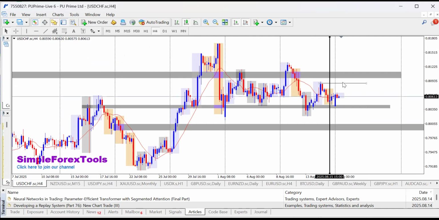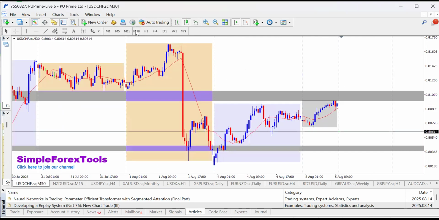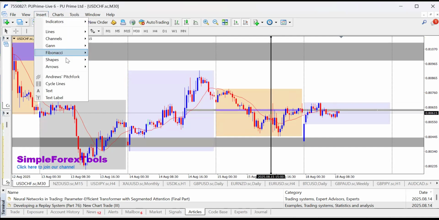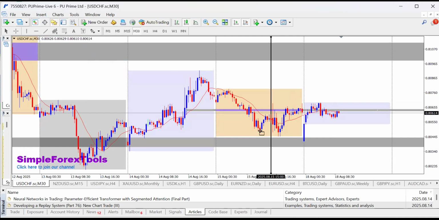Although the market rejected this level, right? Market rejected this zone and closed below it. That's on 4 hours time frame. So if I go to 30 minutes, you see that we've not had a break of structure to the downside. Rather, we have market rejecting this zone, right? So you have a rejection on this zone. So what do we trade?